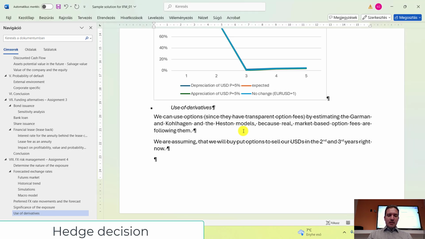If we are using Garman-Kohlhagen option pricing, the cost